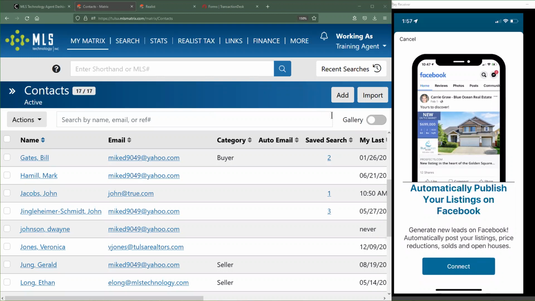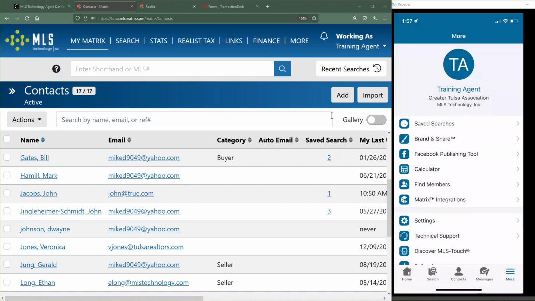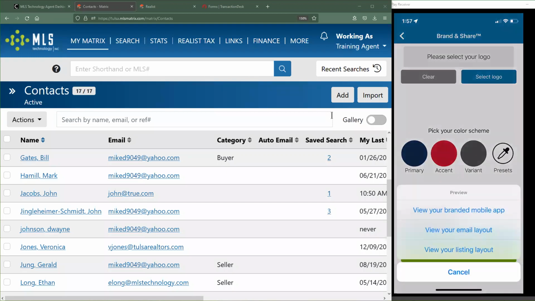But it's easy enough. You hit connect, it'll try and get you signed in, and you guys can actually have your posts with your new listings automatically published to your Facebook page with all the listing information, all the required details if it's coming soon, all the required details if it's active, and you guys can share that information just automatically. Again, it's going to look like this.